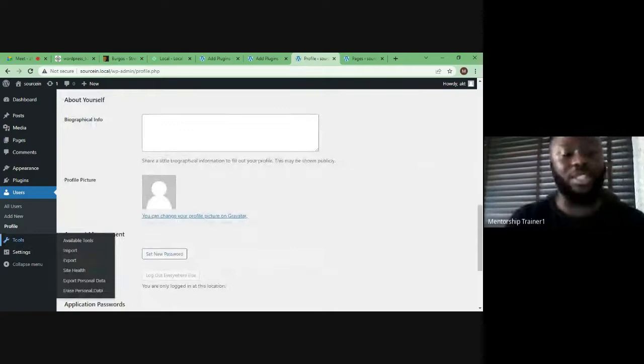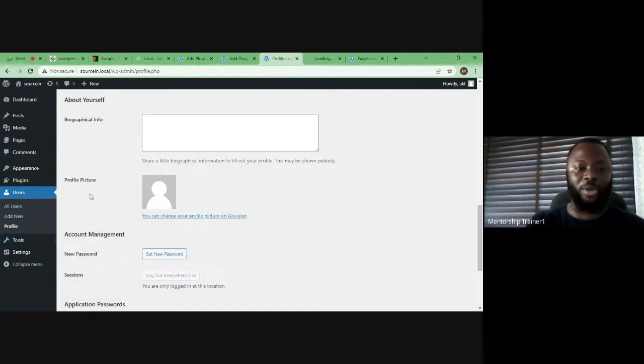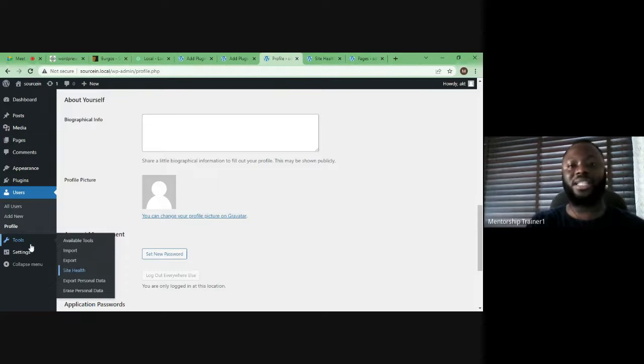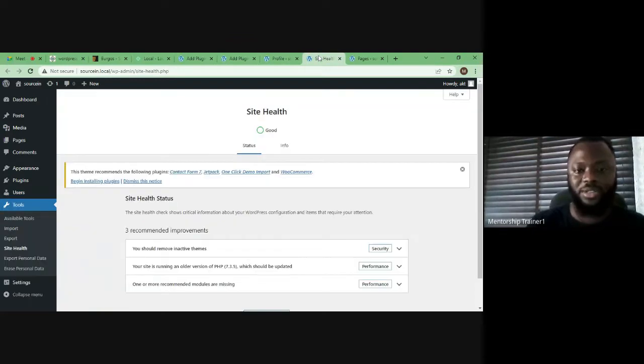Then tools as well. This is another portion that I know a lot of people run away from. The tools just allows you to see some of the basic things about your website. You can see the site health. You have the ability to import and export a site. So for example,